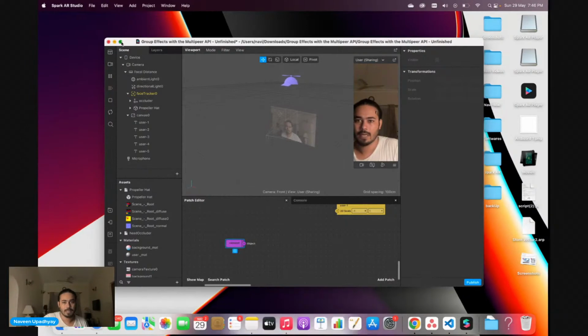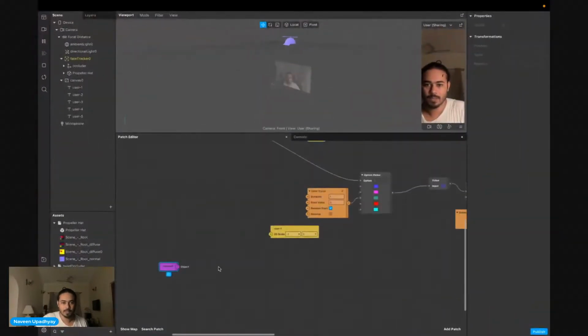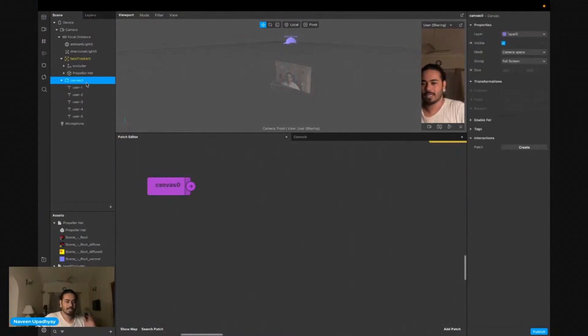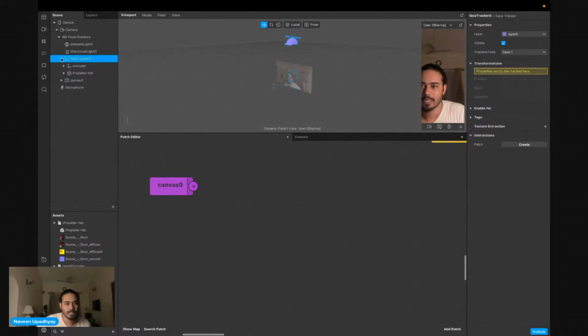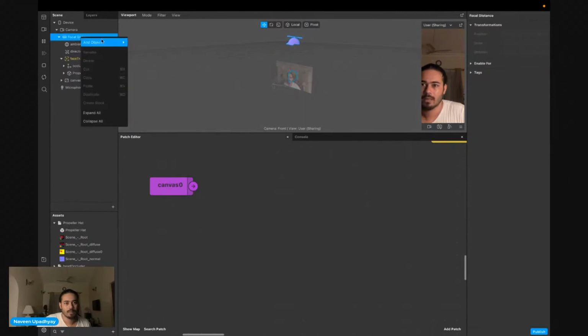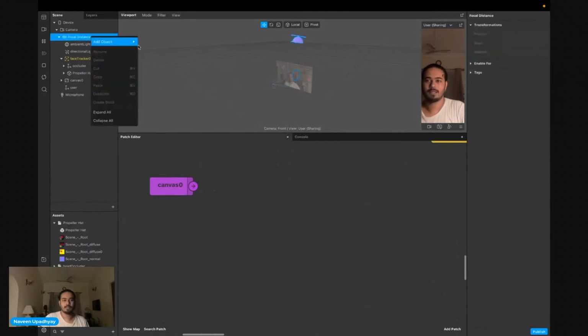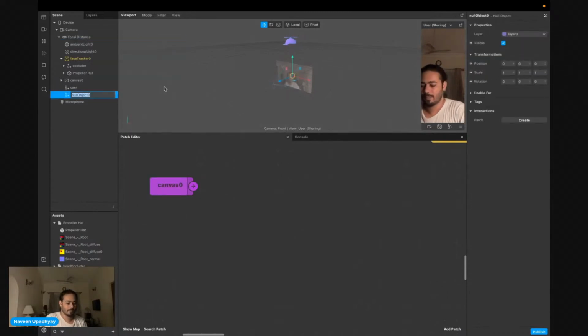Okay, now it's fixed. What I wanted to do is take this canvas, and I'm going to call everything my user. I'm just going to take an example. I'm not putting anything in here, so let me take something very new. I'm going to have a null object and call it user, and I'm going to have another null object and call it participants.